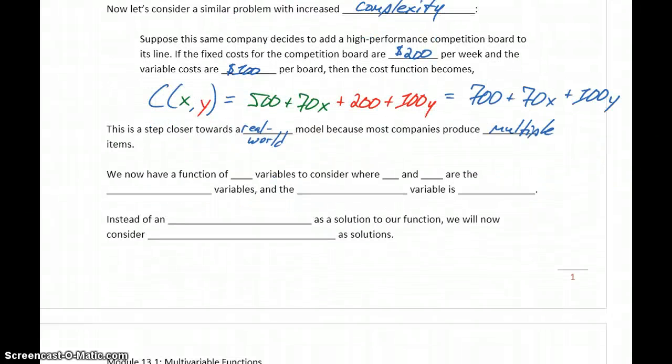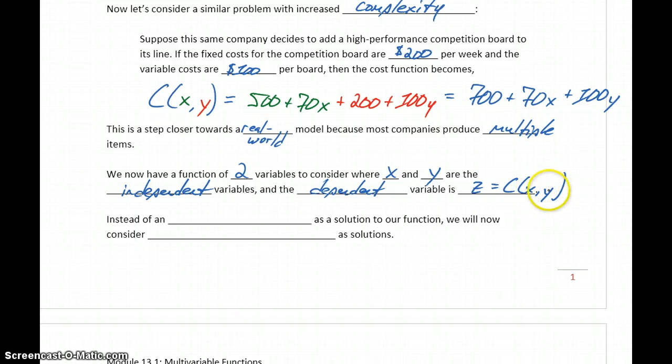So now we have functions of two independent variables where x and y are both independent variables in that function, and the dependent variable is some third variable z, which in this case is equal to our cost function evaluated at two particular values